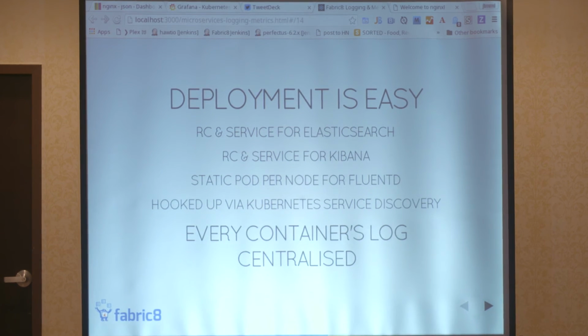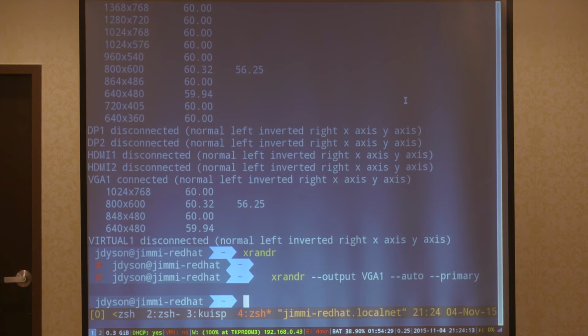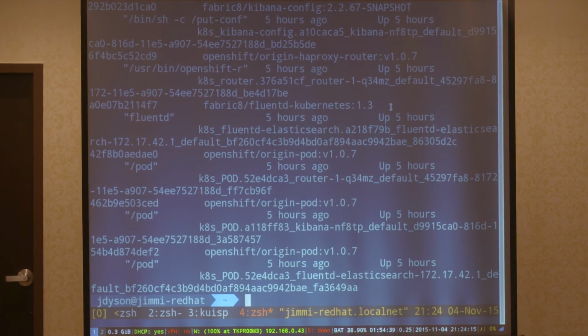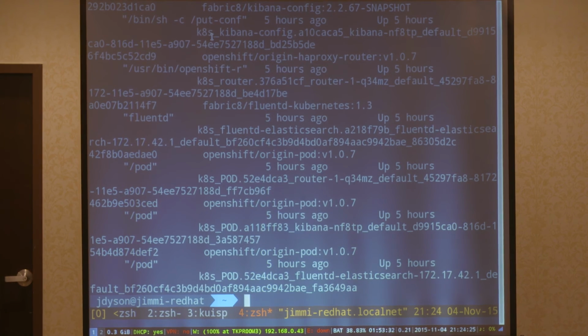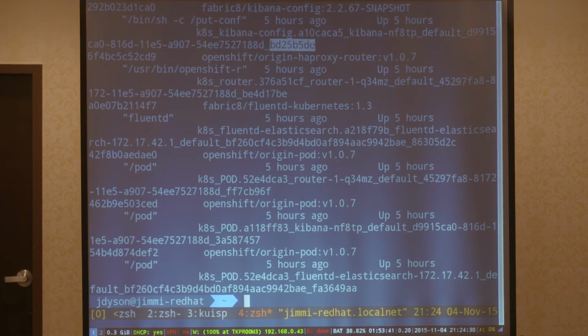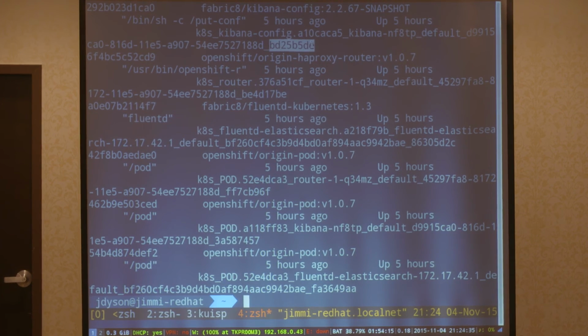Okay, so let me skip to here. Quite a lot of you said you use Docker, right? So if I just show you the running Docker processes, it looks rubbish because it's so squeezed. We can see that every Docker container has an ID, but it also has a name. So I'm guessing what Tim is saying is this part at the end of the name is actually a hash of the requested config for your pod, right? So what Kubernetes is saying is, if I do a hash of what you've requested and it's different to what's actually running, that's bad. So I'm going to kill it and spin up another one with the correct config, right?